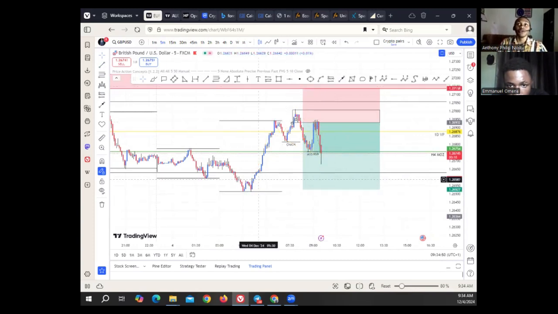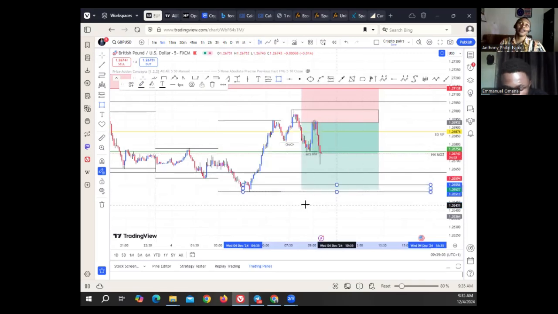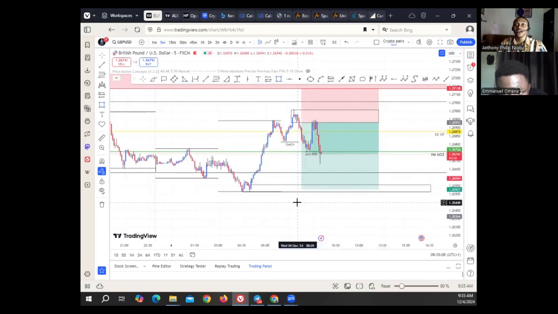I'll be aiming for this low just to take this low, and I'll be out from the market. This was my target. But when you were saying buy, I was like, okay, let me see. That low, what? 26,527. Okay. So there is still high chance that this market would